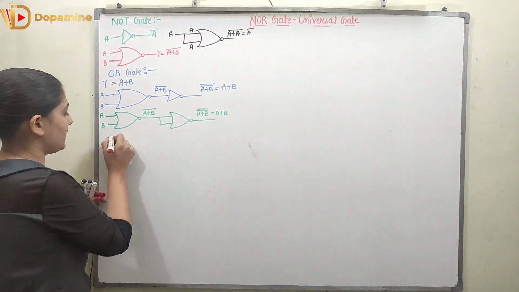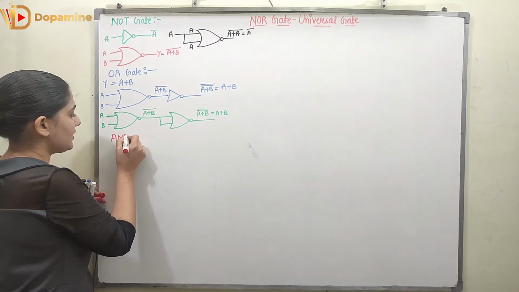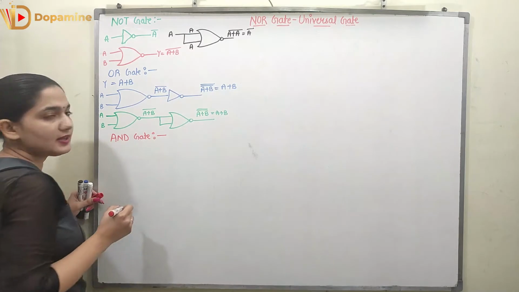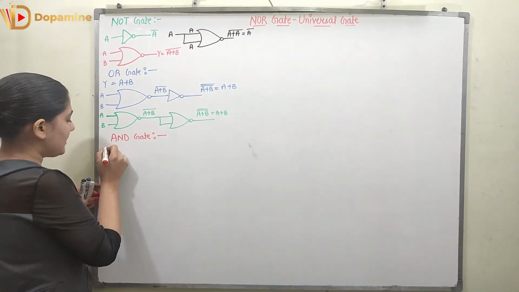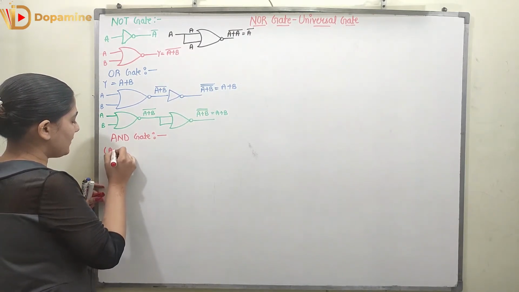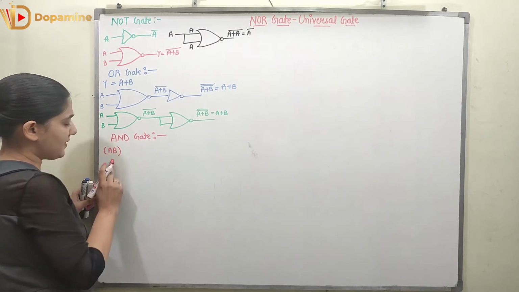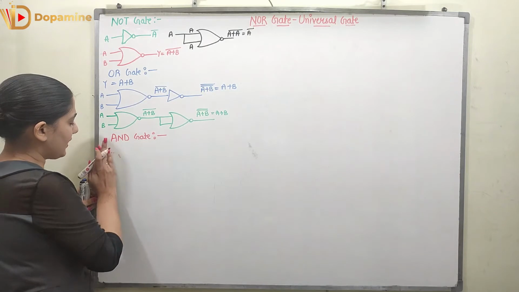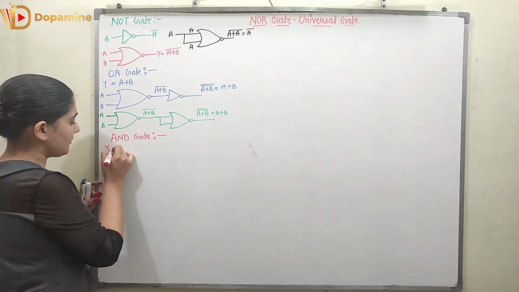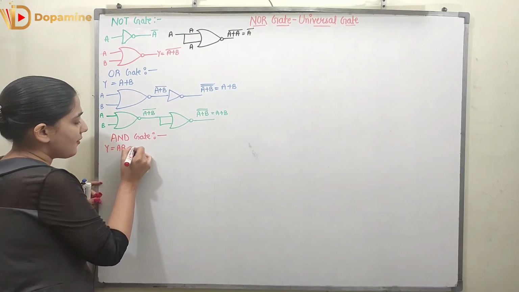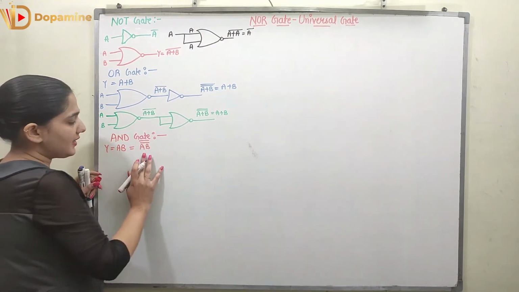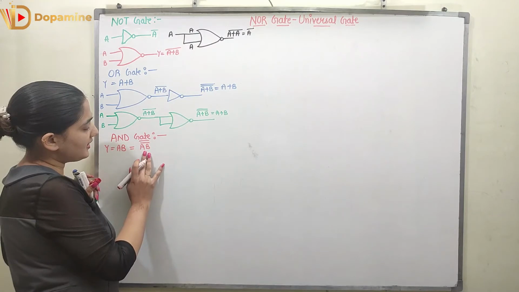It was really simple. Coming to the next kind of gate, that is my AND gate. Right. So now AND gate is based upon the double complement. So if I want AB, right, as the output in the AND gate, AB is equal to Y. Right. So I can write it like this, Y is equal to AB. If I take the double complement of AB, right, I can now simplify it using the De Morgan's law.